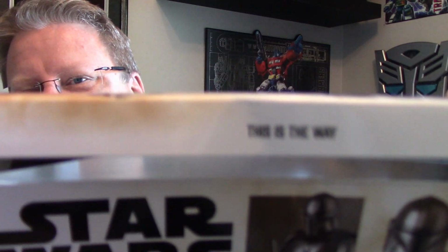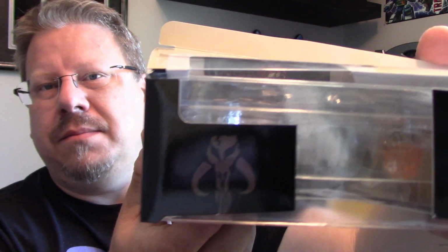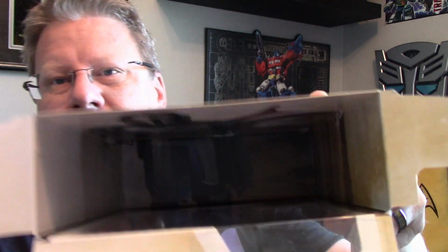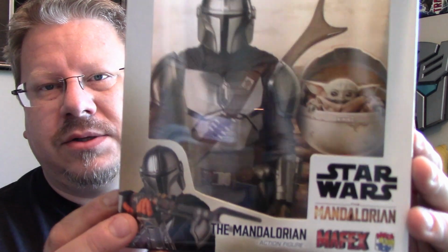As you open the flap, it says, "This is the way." And you got the Mandalorian symbol there. The Mythosaur skull. Inside of the box, you can see there's a great shot of the Mandalorian. So this display box is a good display piece on its own, actually. Once you take the figure out, you still have